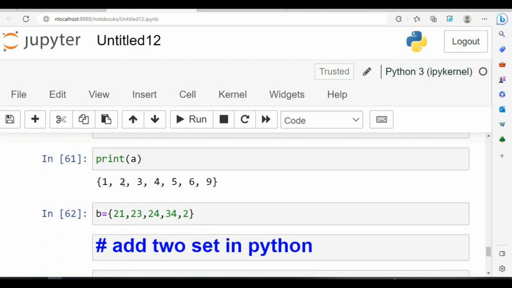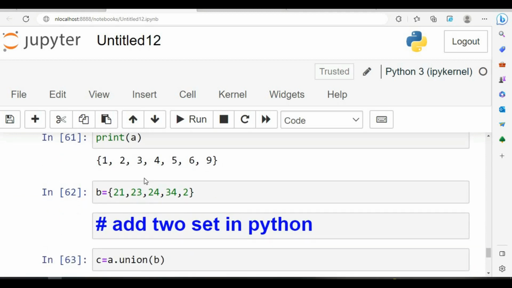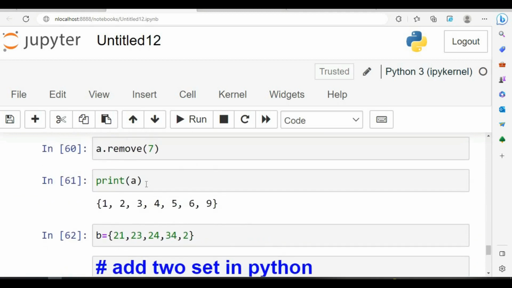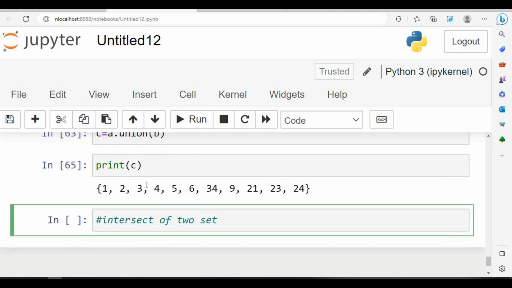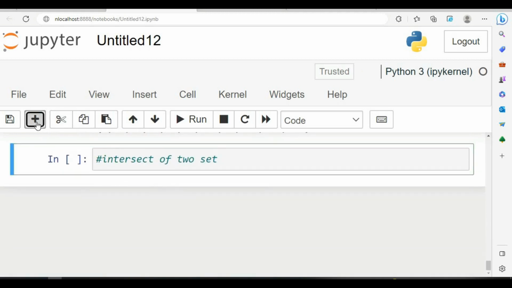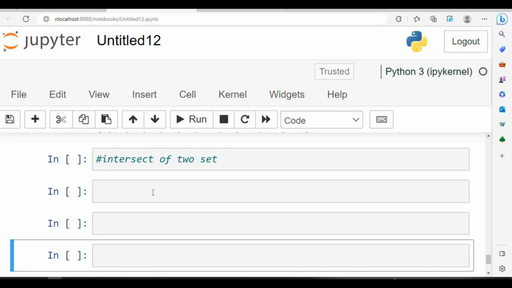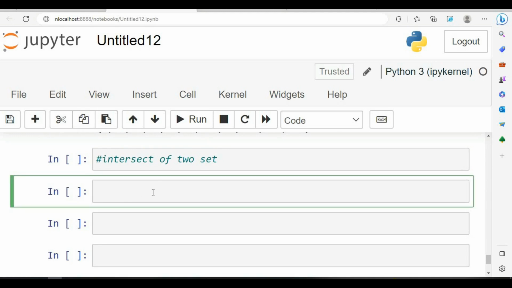Like in A we have 2, in B we have 2. So in both our sets we have two as a common number. So how can we intersect them? I will put some here. Then I will create another variable, D, and I will put A dot